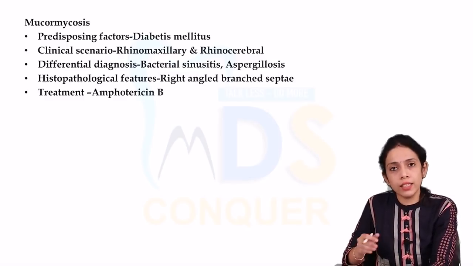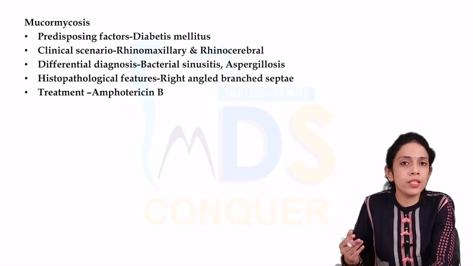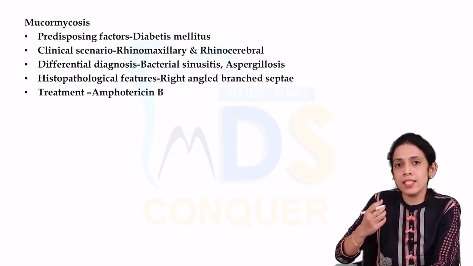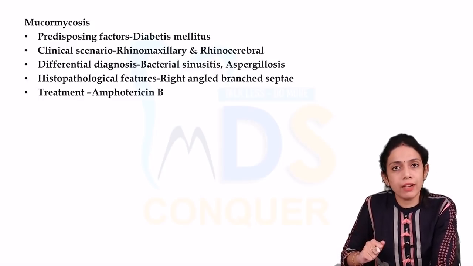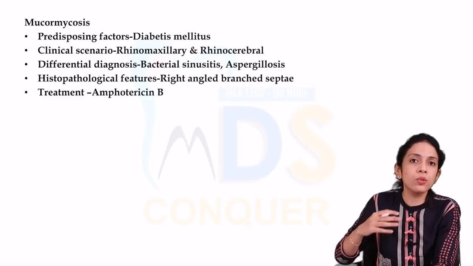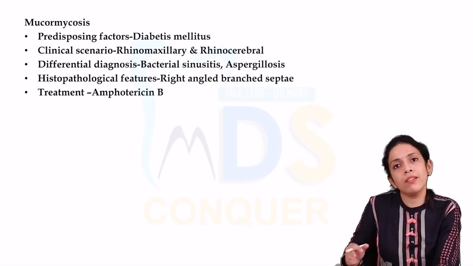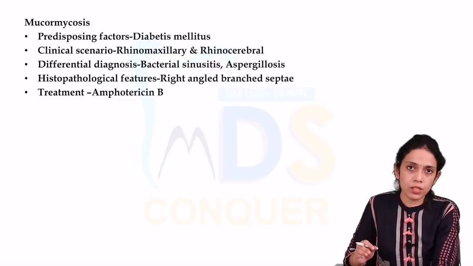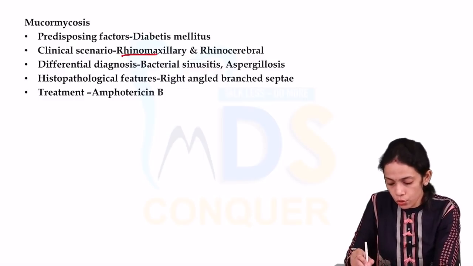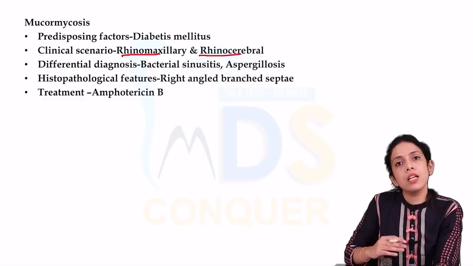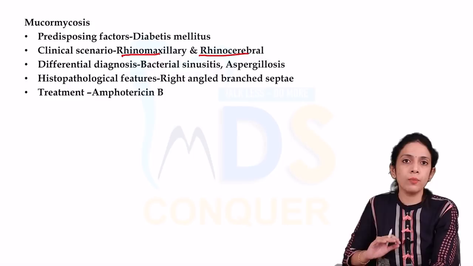So that's the reason in this particular patient, since it involves the brain and it can also involve the orbit, the patient has presented with loss of vision, and also the patient has nasal stuffiness, right? So it is again a sign of involvement of the nasal cavities. And the patient also has shown involvement of the maxilla. So all of this goes in favor of the rhinomaxillary and the rhinocerebral forms of mucormycosis. This is one of the important clinical aspects related to mucormycosis, so do note these 2 points. That is the reason the patient will have such severe symptoms as presented by our particular case which I have given here.